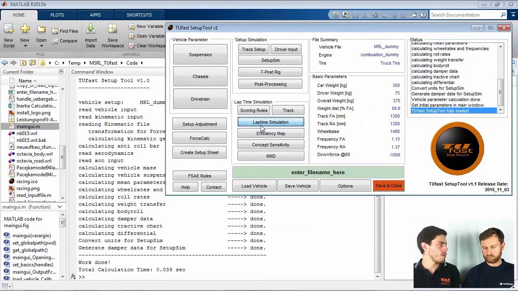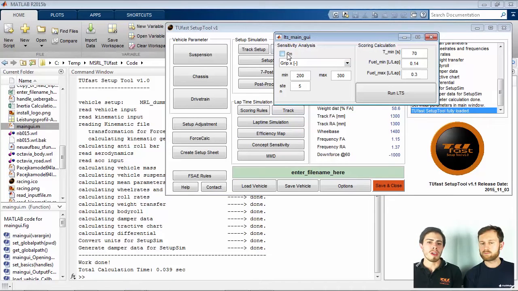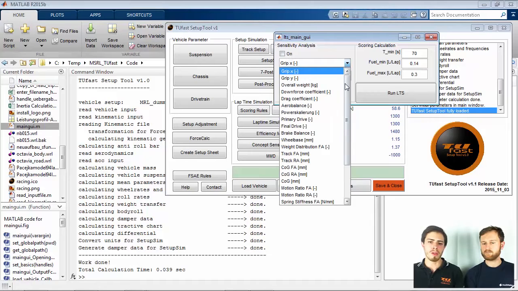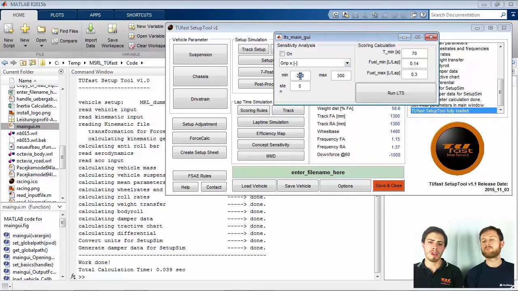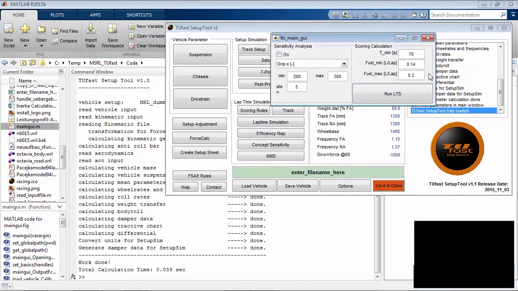If we go to the lap time simulation, we have here a sensitivity analysis where we can, for example, vary all of the parameters like weight, and then give a minimum weight and a maximum weight, and the step size, or basically the resolution of the simulation. But currently we are not doing a sensitivity analysis. We have a set of